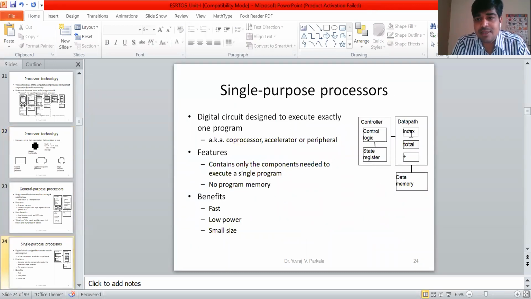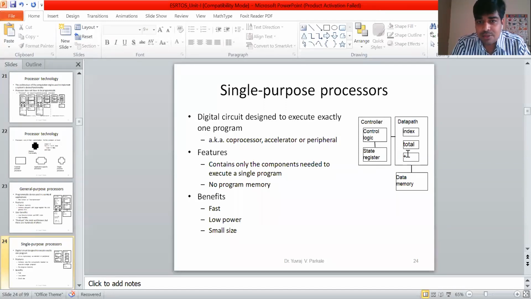So in this case, if I have to add the contents of an array, I will require only one arithmetic operation, that is the addition. Okay, so I will use an adder. Now in this program, I will not require subtraction, division or multiplication, so I am not going to use those operations. That means I am not going to use the general purpose ALU. Rather, I will use a custom type of ALU which performs only addition. This will reduce my hardware cost.